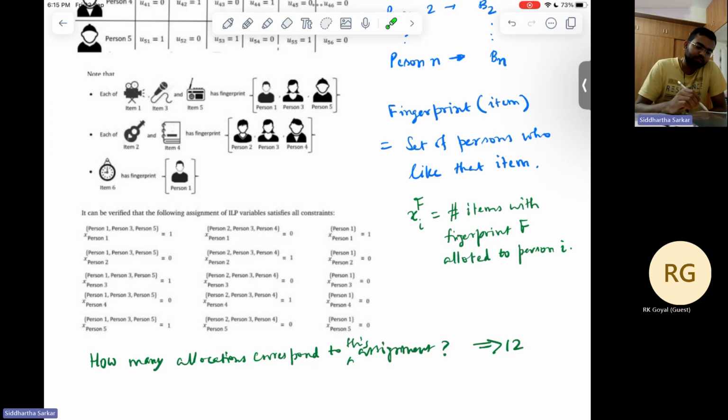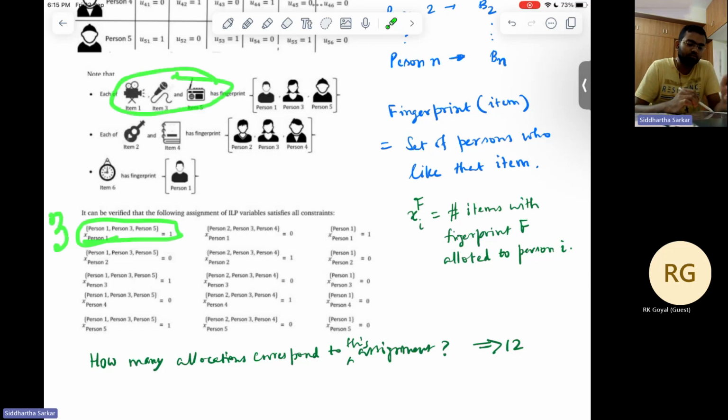Yes, yes. So basically, for the clock, there is no choice. Person 1 needs to get the clock. But person 1 can be given either of these three items. So there are three possibilities. Now, once you fix one of the items for person 1 from this fingerprint, then you are left with two choices for person 3 from the same fingerprint. So into 2,